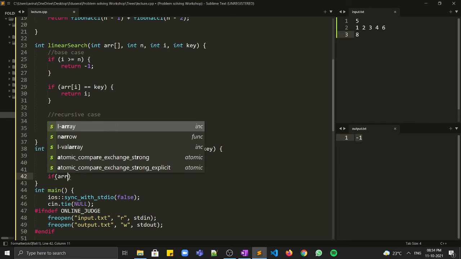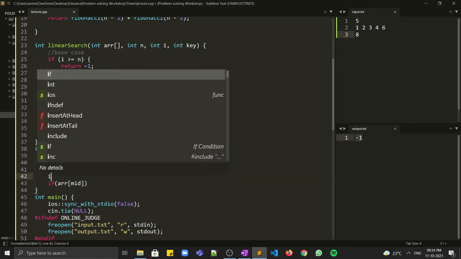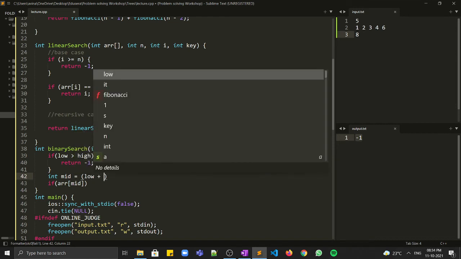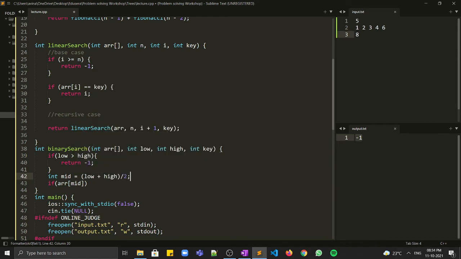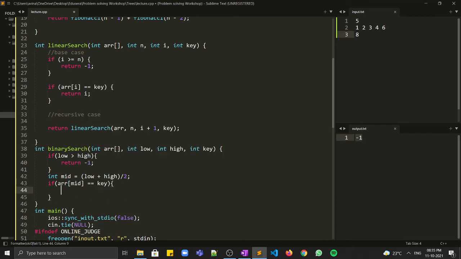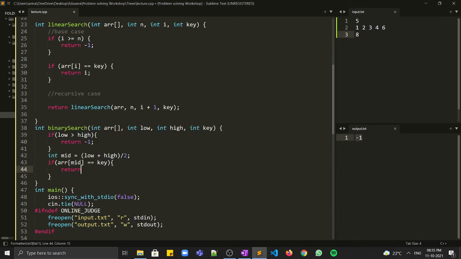But before checking array of mid, you need to calculate the mid. So int mid equal to low plus high upon 2. If array of mid is equal to key, you can simply return mid, right?